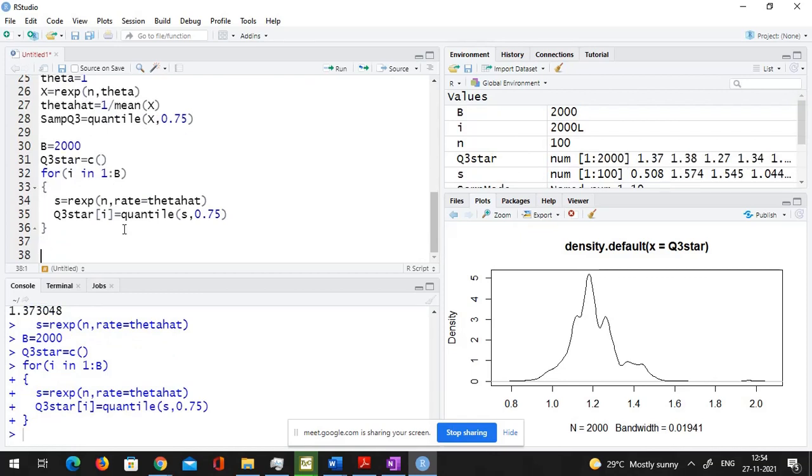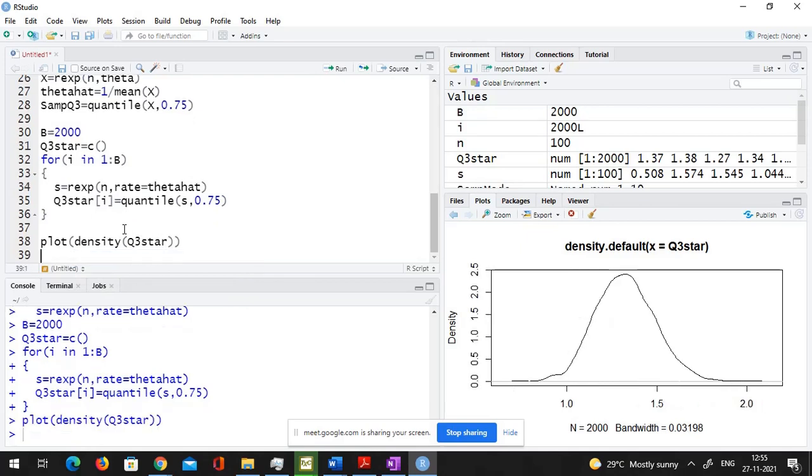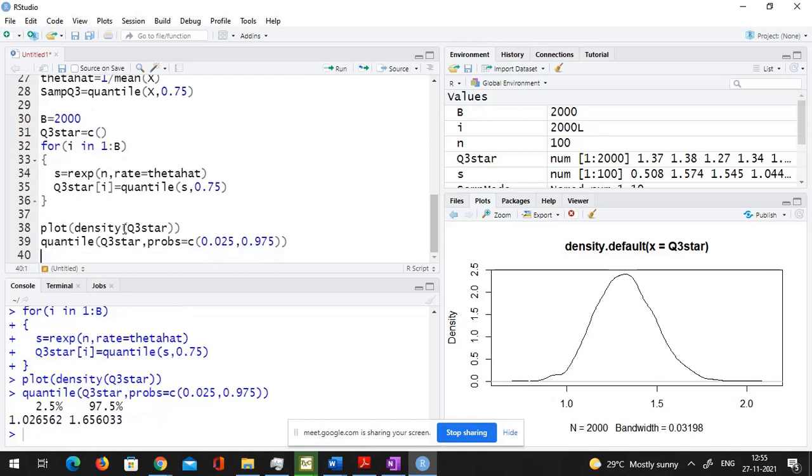And now let me try to plot the density of these Q3 stars. And I want to get a confidence interval, so quantile of Q3 star, probs equal to 0.025, 0.975.